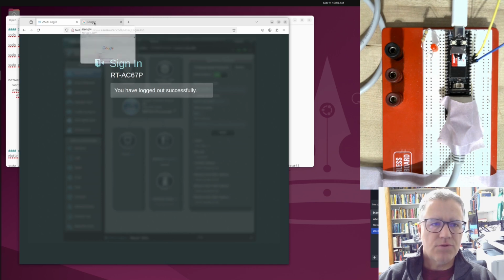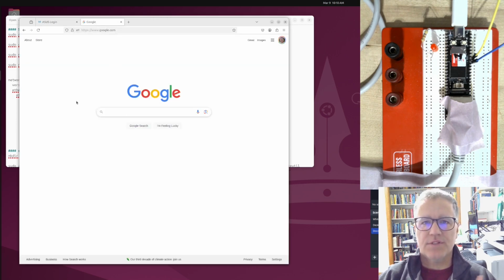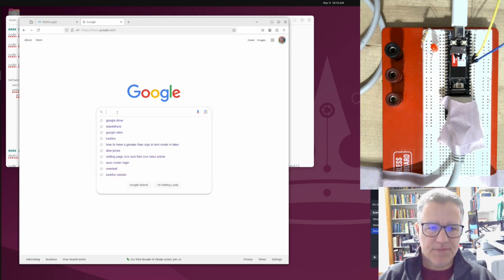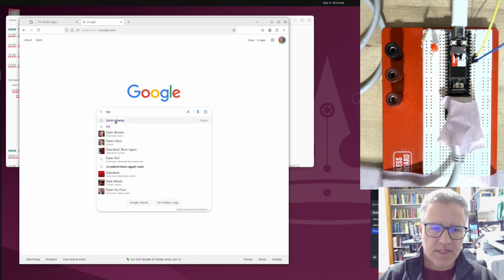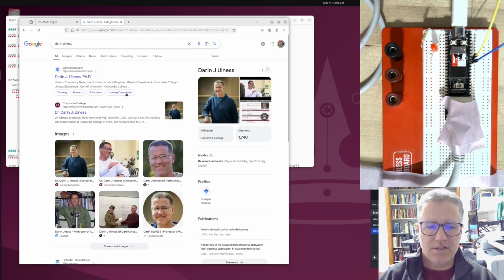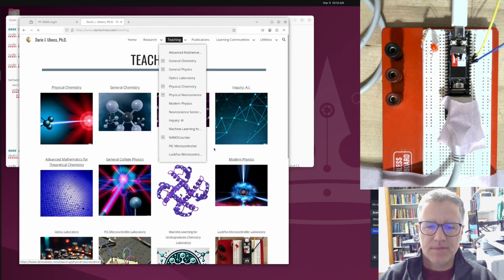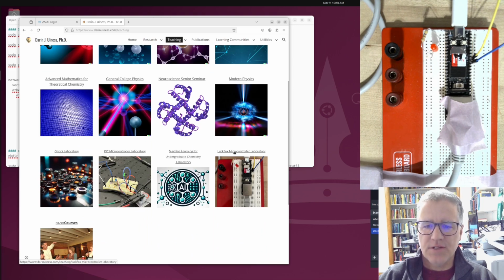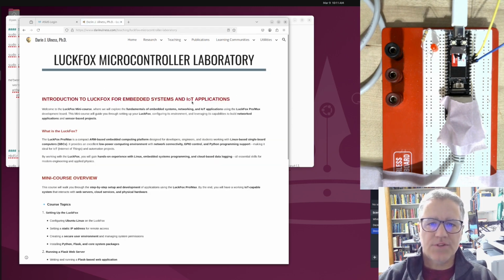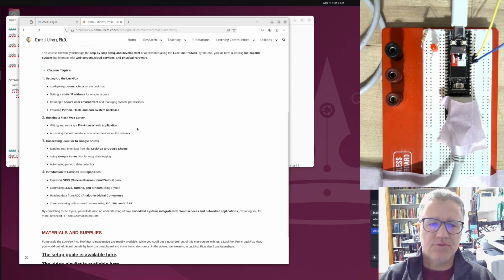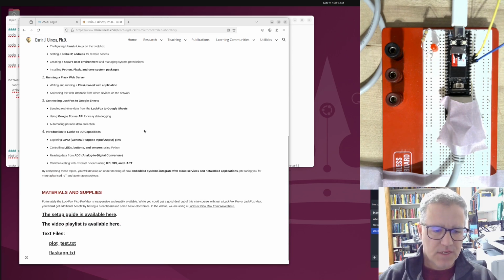And now let's go to our website for this little mini course, and we'll get some of the stuff we need. So you can just search me, and I suppose depending on where in the world you are, I'll show up somewhere on this list. Either one of these is the one you want. This is my main page here. So we'll go ahead and go there, then to teaching. And under teaching, we'll go to the LuckFox microcontroller course. Okay, so here's our base page. This is a little introduction to some of the stuff that I mentioned in the opening part of this video about what we'll do with this course. Okay, so